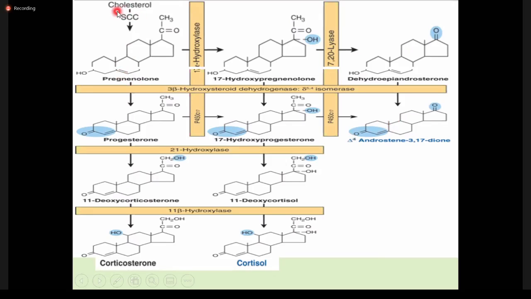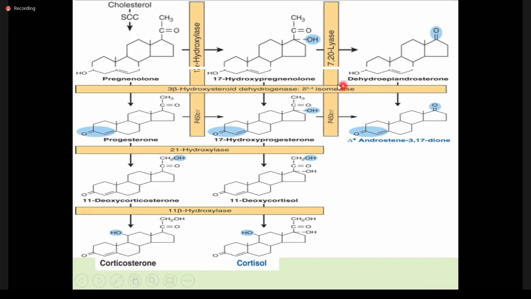So basically we start with the cholesterol again, and we have this major step, which is the cleavage of the side chain in order to generate pregnenolone. So we have two options or two pathways: either hydroxylation at position number 17, for example, in this case, and that's why it's called 17-hydroxypregnenolone, and generation of dehydroepiandrosterone, and then androstenedione